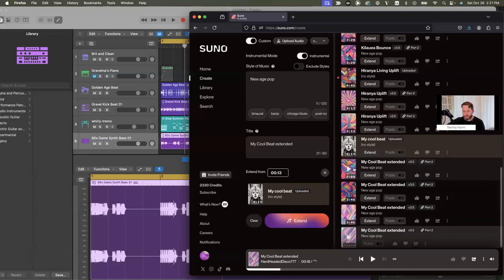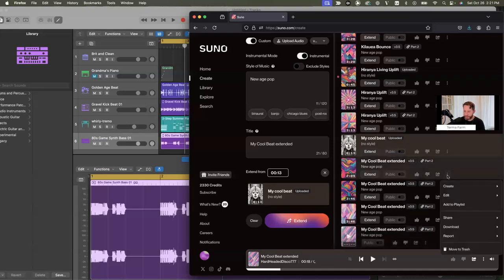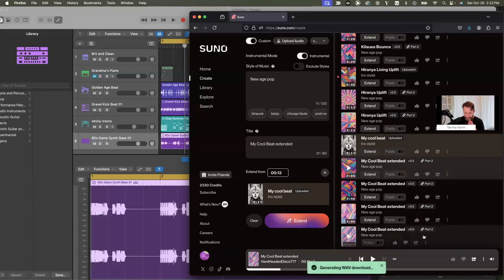So once I have something, let's say I like this first one, Suno gives you the option, depending on what version you're on, I can download this as either an MP3 or a higher quality WAV file. I'm on the better version. It's like $10 a month because I use this thing all the time. I could download the WAV file. And the cool thing you can do, last piece of the puzzle,